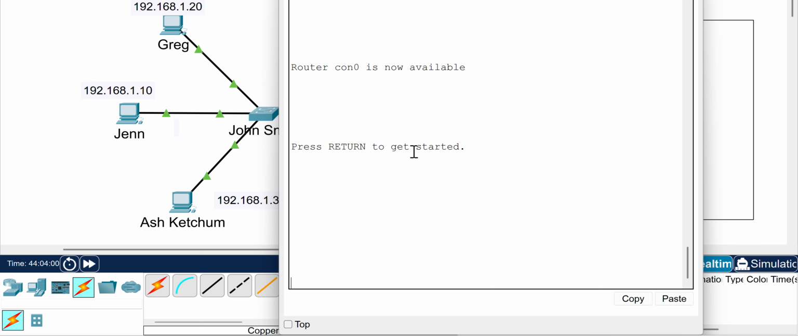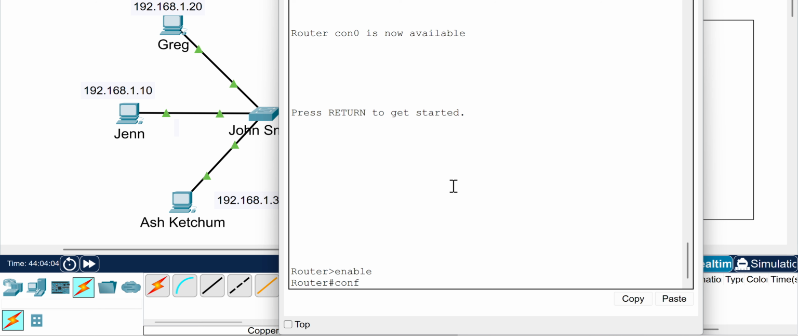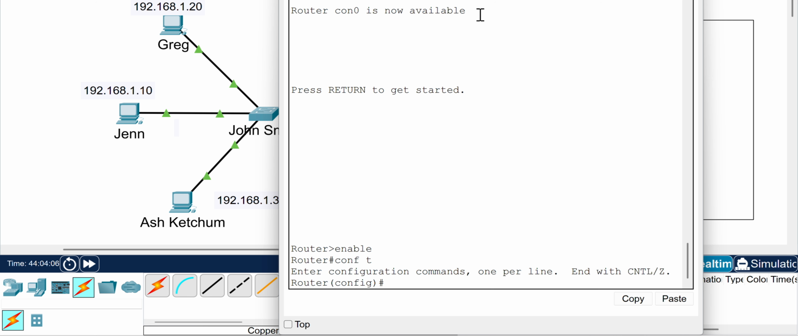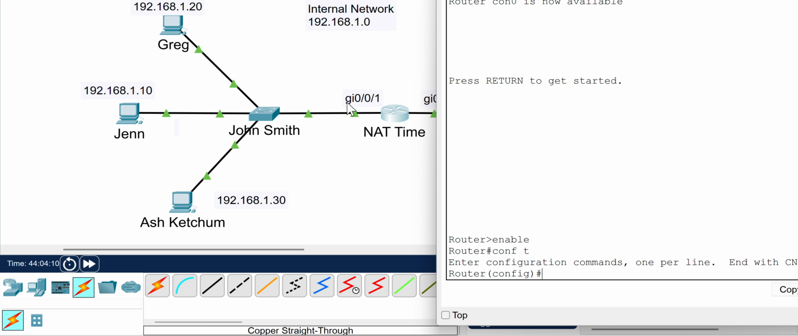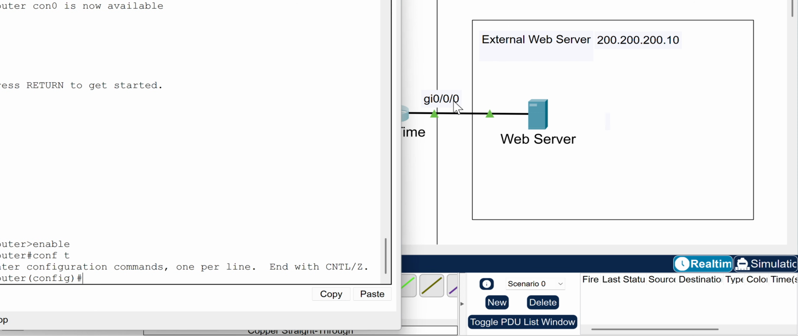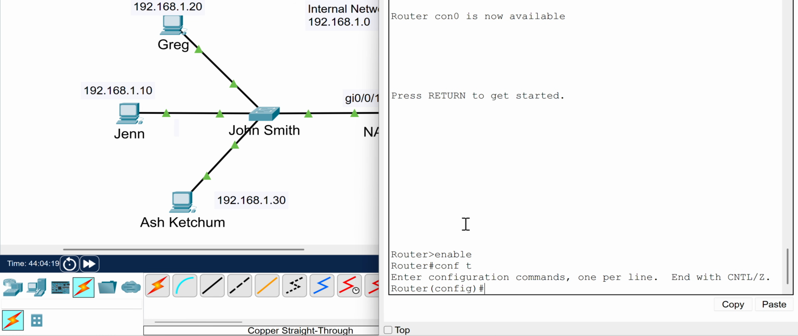You open your router, you're here. We're gonna enter enable mode. We're gonna enter config mode. And now we're gonna configure our interfaces, right? We got our internal interface here. We got our external interface here. We're gonna configure those. So our internal one,